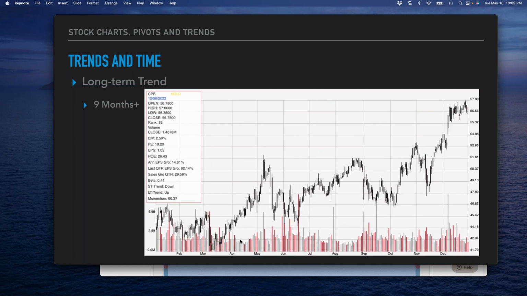Once a trend has extended itself past the 9-month mark, we start to refer to it as a long-term trend. I've changed to a different stock here. This is Campbell Soup. We can see its upward trend very clearly extending all the way from the middle of March of last year to this most recent low around 56.50. There's a lot of variance between highs and lows, and pivot highs and pivot lows within this overall trend, but we can see that the longer pattern of the trend is clearly up